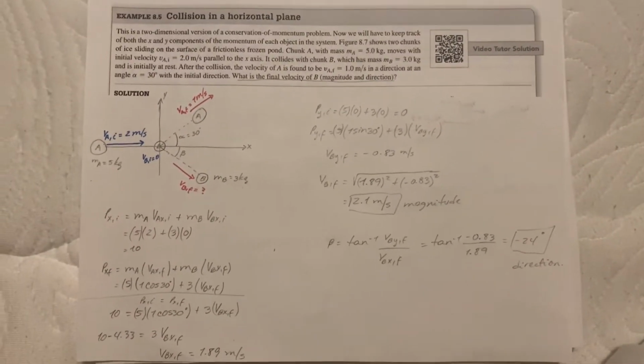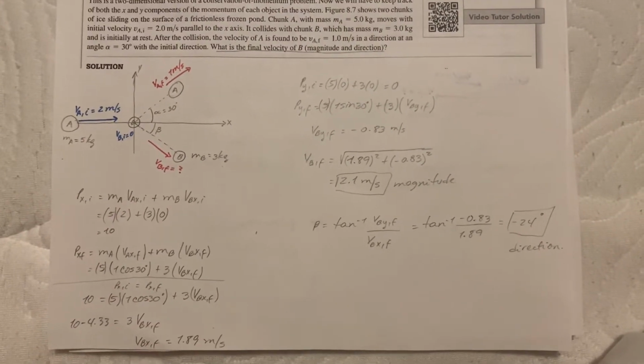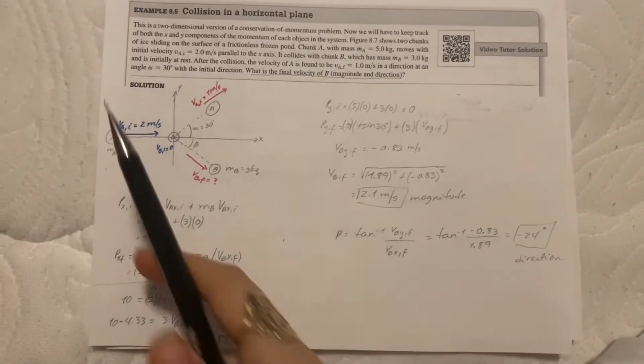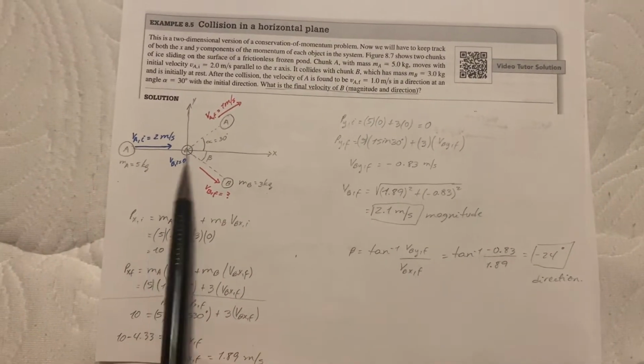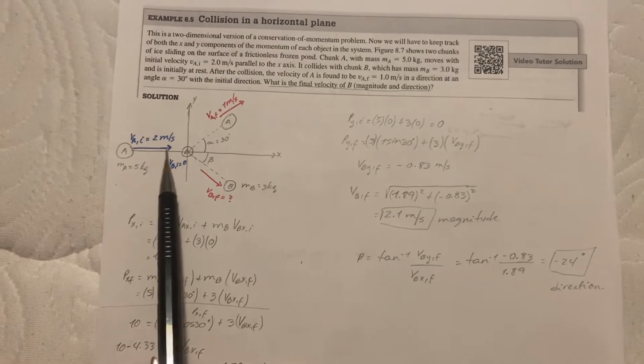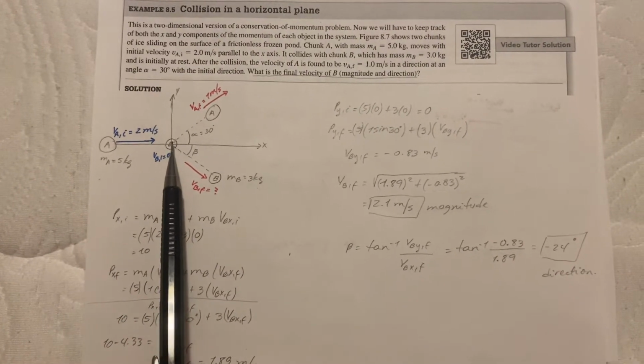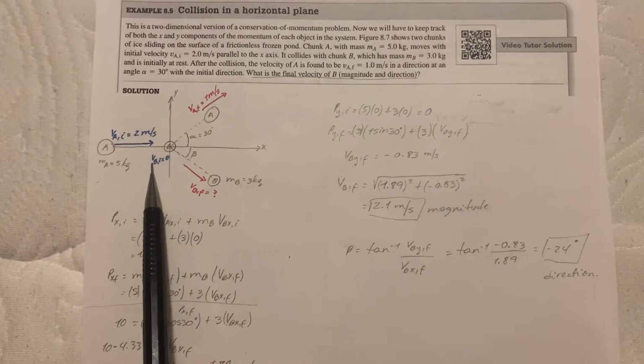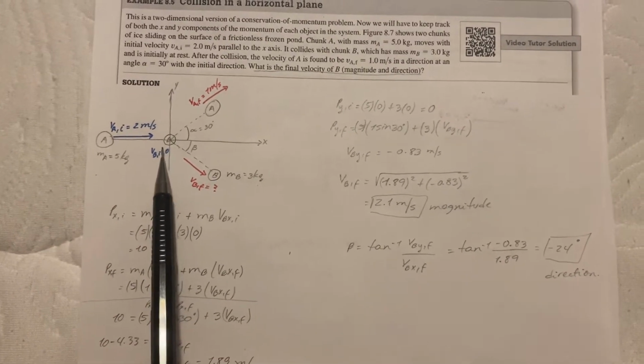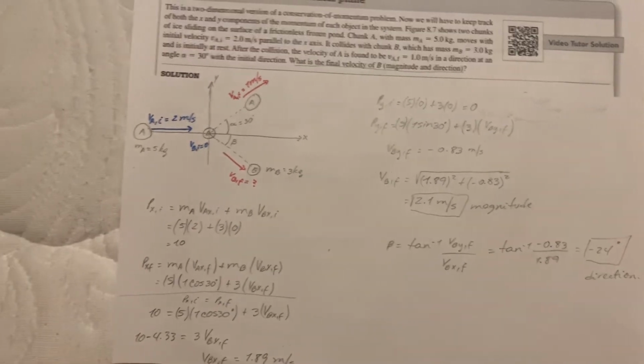This is sample 5 from chapter A. Here we have two chunks, chunk A and chunk B. Chunk A has an initial velocity of 2. The mass is 5 kilograms, and for chunk B, the initial velocity is 0 because this chunk is at rest, and